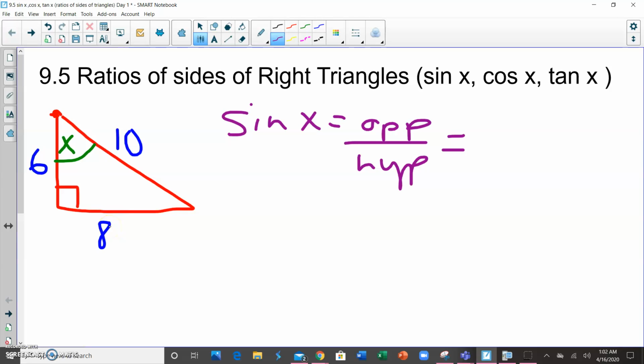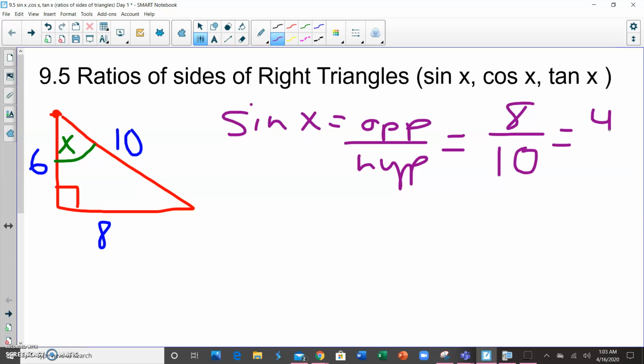So on the top, I'm going to put 8, because 8 is the opposite of angle x. If I had put angle x down here, then the opposite would have been 6, but I didn't. I picked the top. So the opposite is going to be 8, and the hypotenuse is always the same thing. The 10 will always be the hypotenuse. So there is my ratio, 8 over 10, which we reduce to 4 over